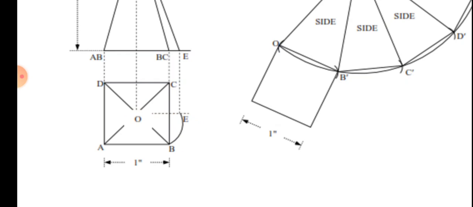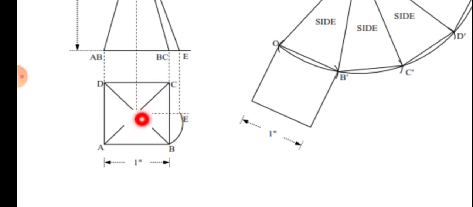If you draw this square in corner condition, in every case the line will be parallel. But whenever it is in the edge condition, it won't be parallel. What you have to do is make it parallel to get the true length. So the only additional thing you have to do is, from the top view, take your compass, measure O to B, and then draw an arc with that radius such that it intersects with the horizontal line.